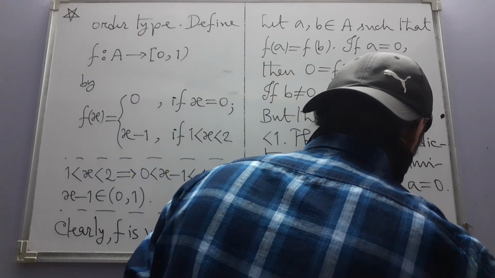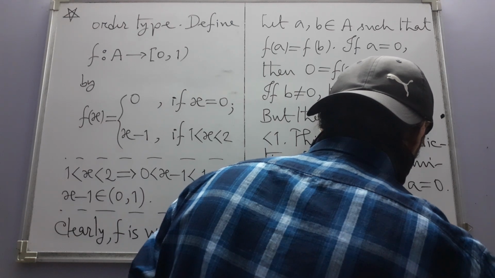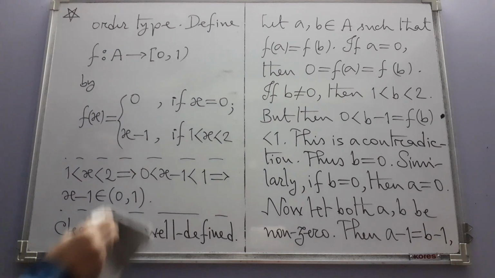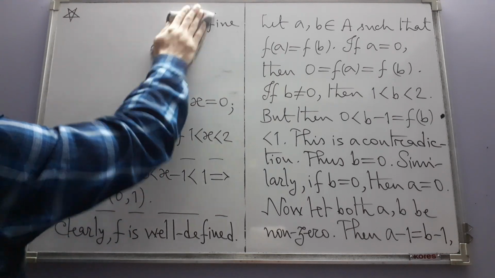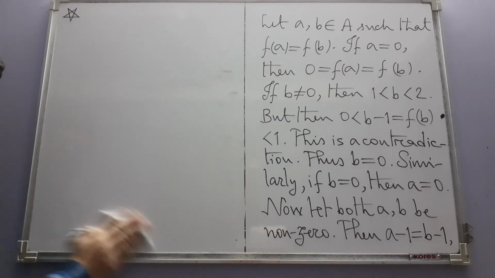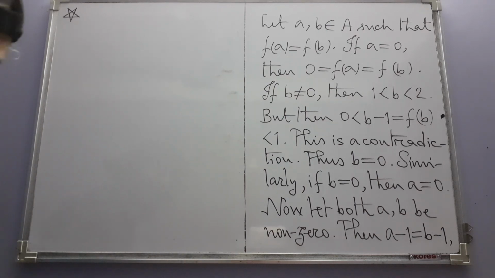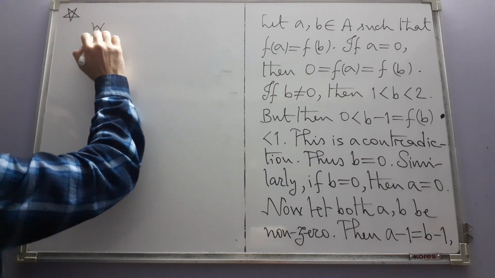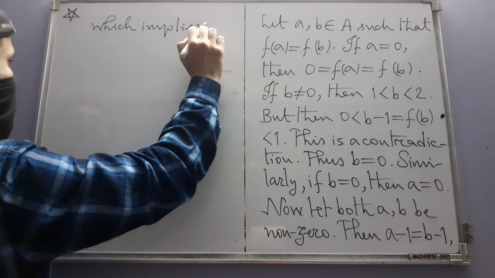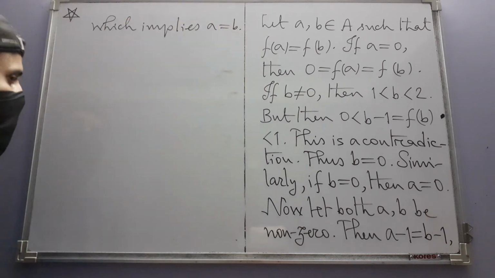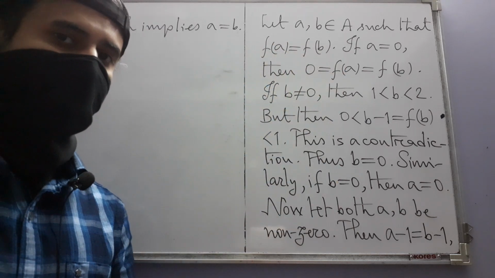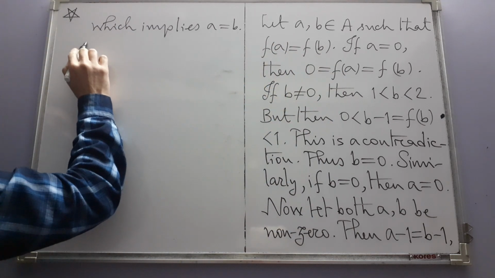So A minus 1 is equal to B minus 1, which again implies that A is equal to B. So in any case, if f of A and f of B are equal, then A and B have to be equal. Hence,